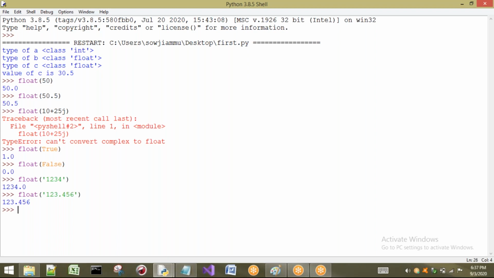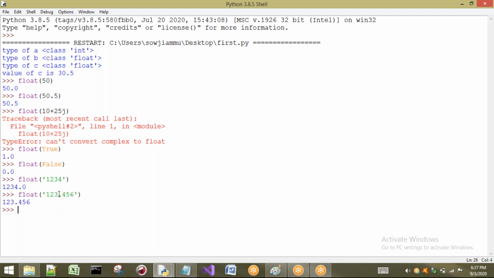Reason is, in the before example, I am converting string to int. So that string should contain only int type, only fixed point number, in decimal form. Here, in the same way, int can be converted into float. Just it is going to add 0.0. And also a string which contains int can be converted into float, no problem. Here inside the string we are having a floating point number. So it is possible to convert a string which contains a fixed point number in decimal form, and a floating point number also can be converted to float.